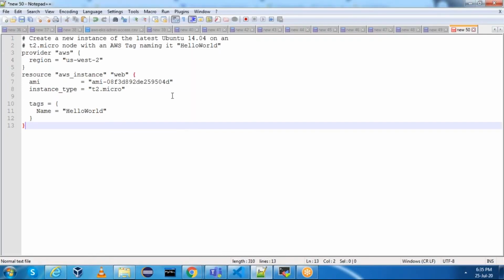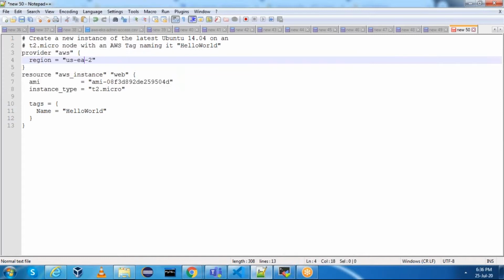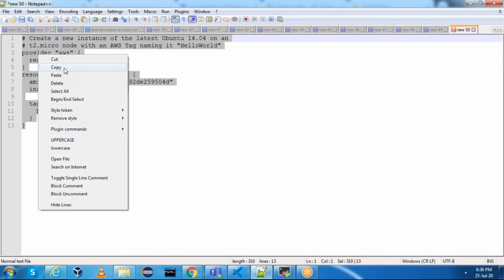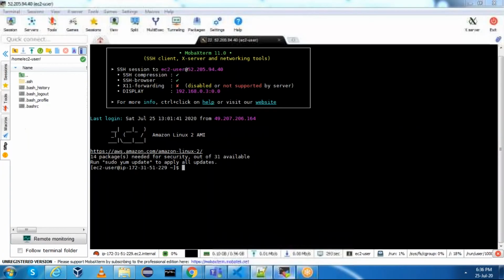The AMI ID is this. Instance type t2.micro. Tags name hello world or something. Region is us-east-1. Perfect. We have our Terraform script ready for creating an EC2 instance.